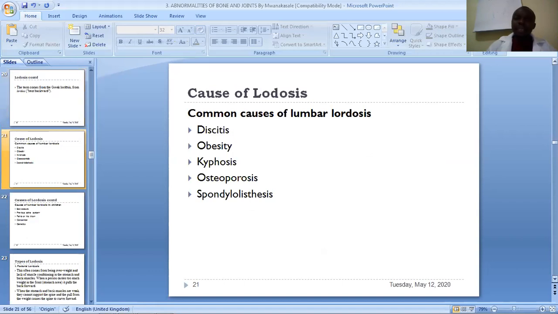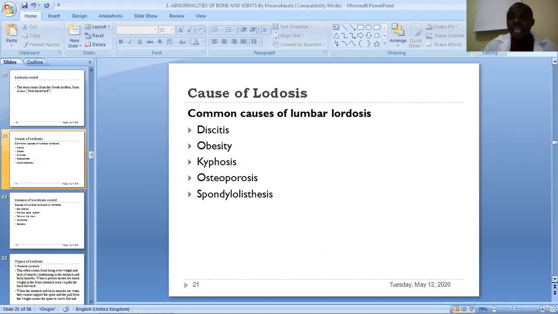Now, let's look at the causes or the predisposing factors that may lead to one having lordosis. So we have discitis, which is simply a condition where there is inflammation of the intervertebral disc. I hope you still remember your anatomy very well, and the intervertebral disc, which is the disc found in between two adjacent vertebrae. We also have obesity, that I'm sure brings about having too much weight that is actually carried